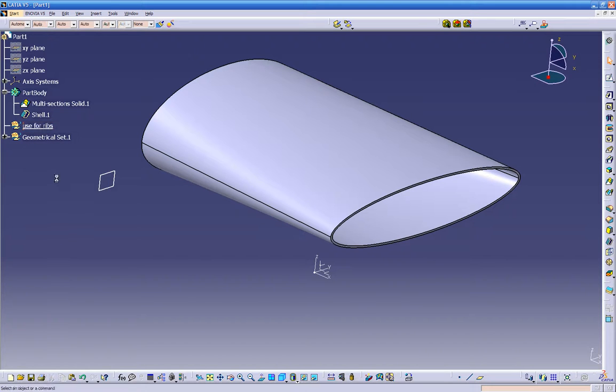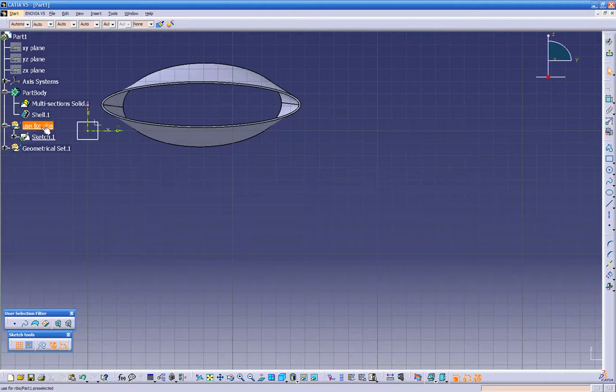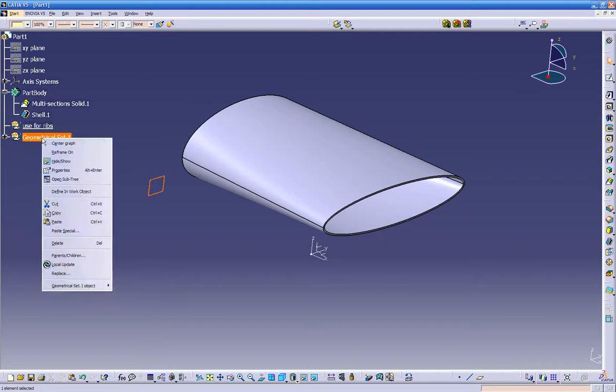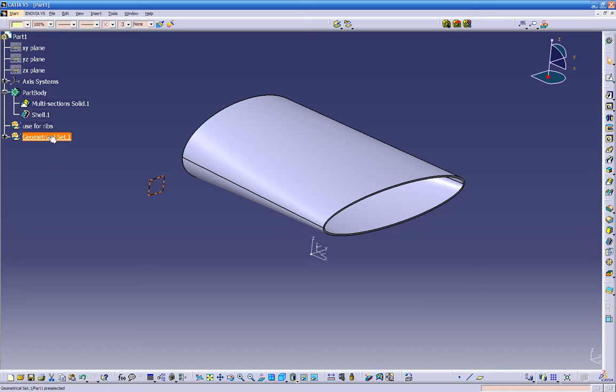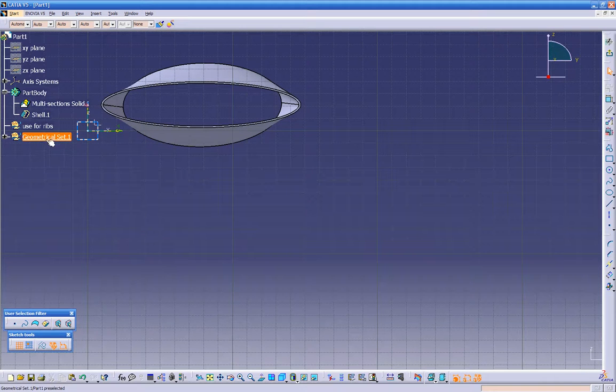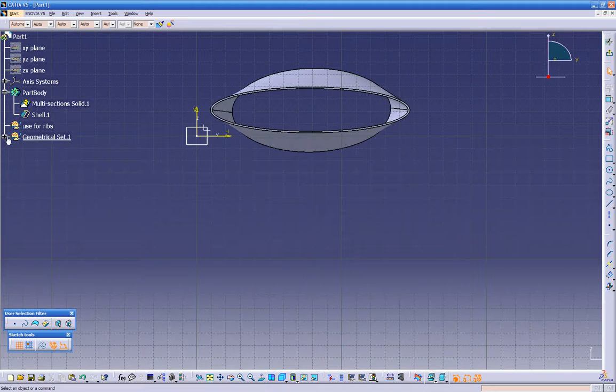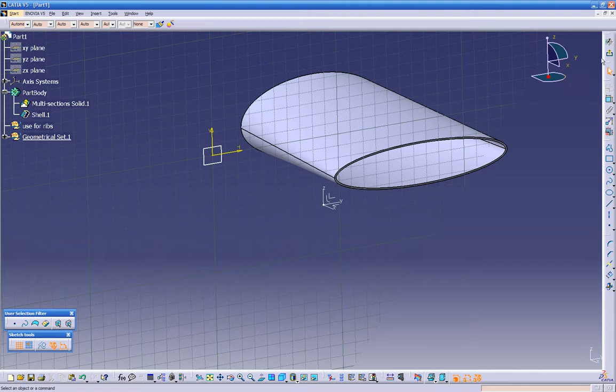So for instance, if I want to build any sketches, it's gonna go under this folder. So right now the sketch is gonna be under this folder, but we don't want that. So let's get out,